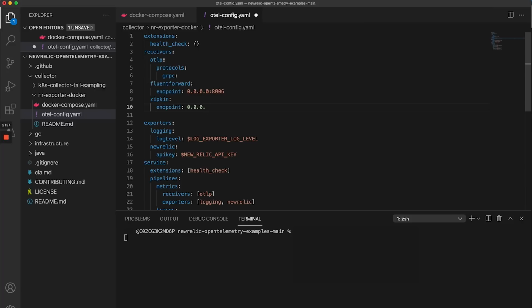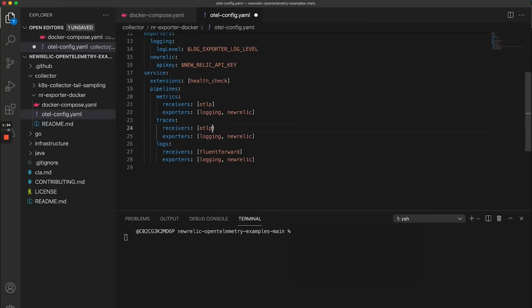We are adding Zipkin as a receiver and then giving it an endpoint, which in this case is 0.0.0.0:9411. Now, because Zipkin reports tracing data, we are going to add Zipkin as a tracing receiver underneath service. And that's it. The next thing we need to do is go over to the Docker Compose YAML file and